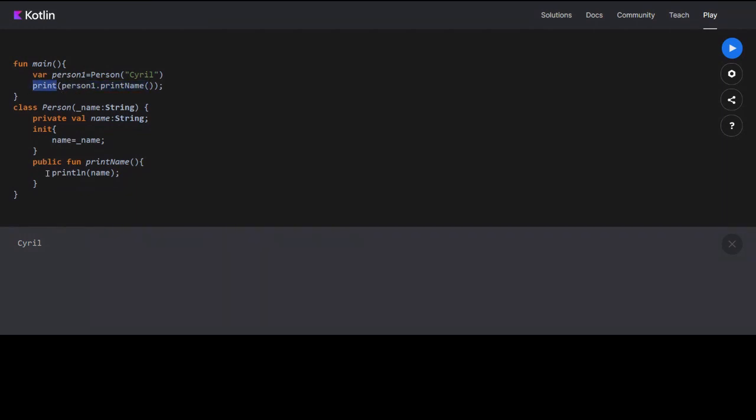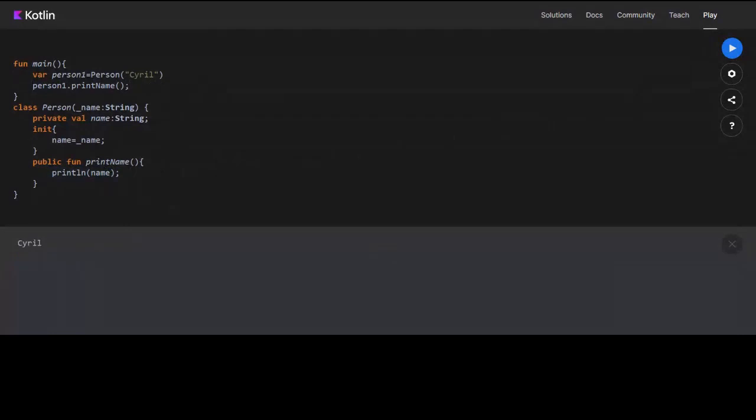In print name I'm already printing something, so I'm calling print on it. That is why I was getting Kotlin.unit, because print is nothing, like void, so it is returning unit. That's why I was getting that. So that was public and private.